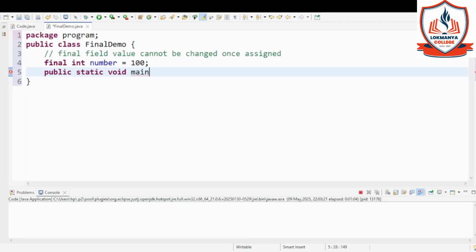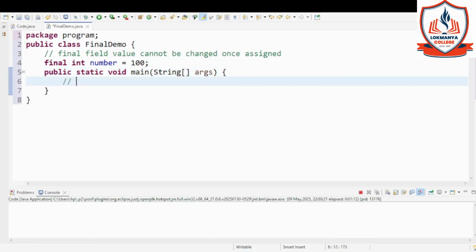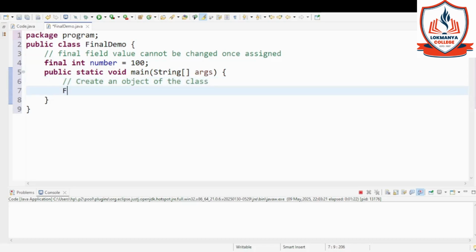Now let's declare a public static void main, and in this main we are going to create one object of this FinalDemo class.